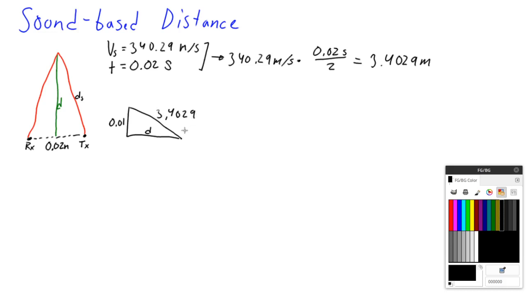So now it's just an a squared plus b squared equals c squared situation. So we can write that out, right? 3.4029 squared equals 0.01 squared plus our distance here that we're trying to get, which is d squared. And we do some mathemagic on that, and we're going to find that d equals, drumroll please,